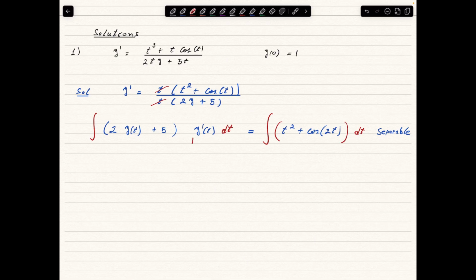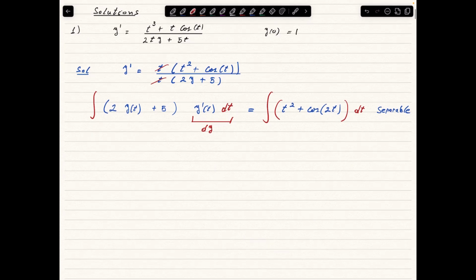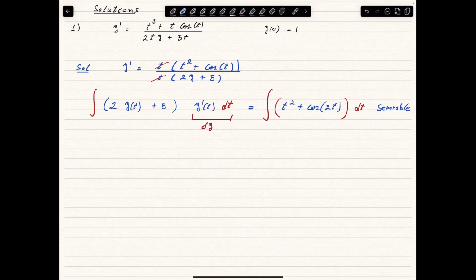And because it's separable, we are guaranteed that these functions can be changed into the new integration variable, and this is y. And then what we have here is 2, but now the variable of integration is y, plus 5 dy, and on the other side we have what we had,